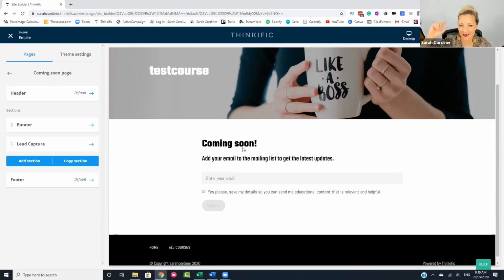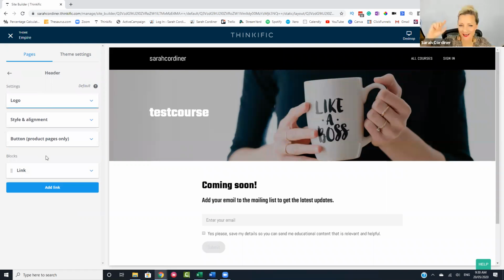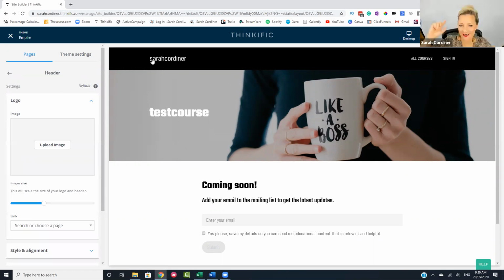So if I wanted to change the way this looks, all I'm going to do is click on header, and we have a few different options here. The header is this top area here. So first of all, logo. Do I want to add a